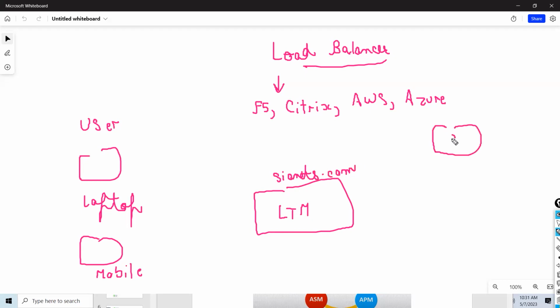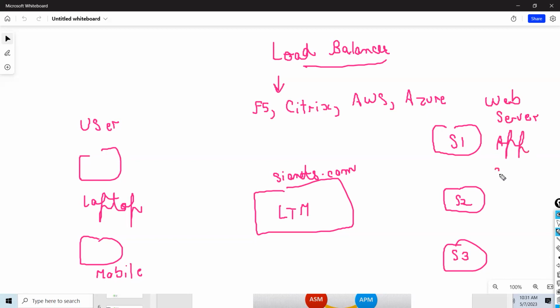So I want my website, hey Vidit, can you publish this website on load balancer? Then we have servers. These are called your physical server or it can be your virtual server. So what does this server mean? These servers are called your web servers. Very important term, guys, which I am telling you now, or it can be called application server, or it can be called backend server. So you will see many terms like front end, back end.